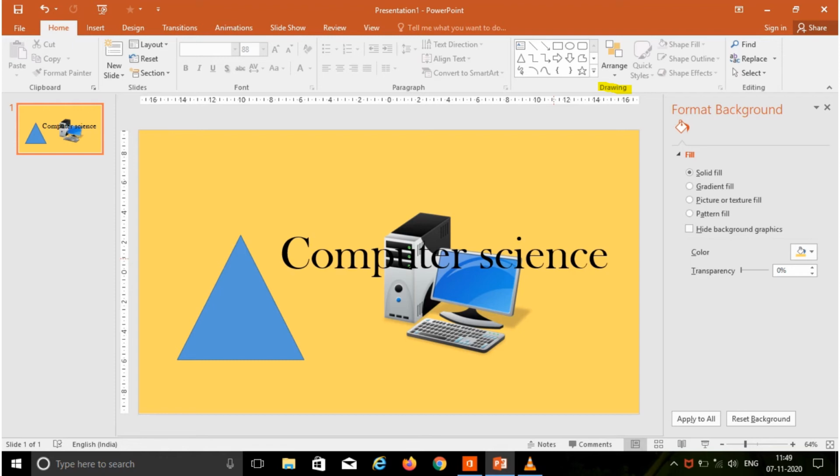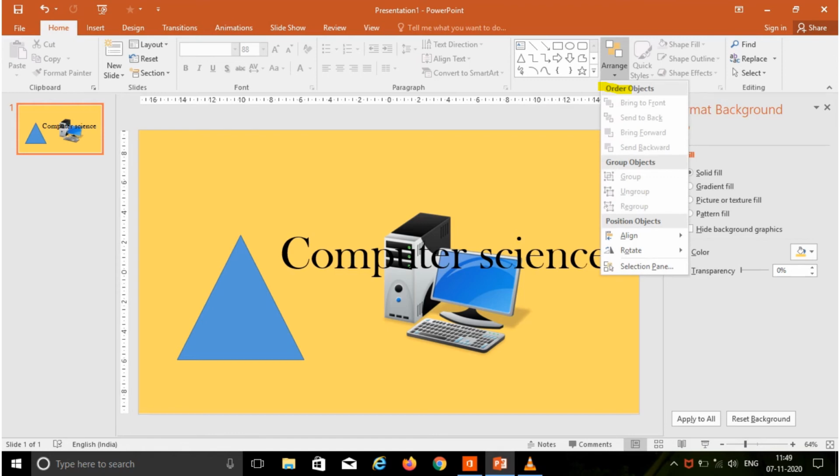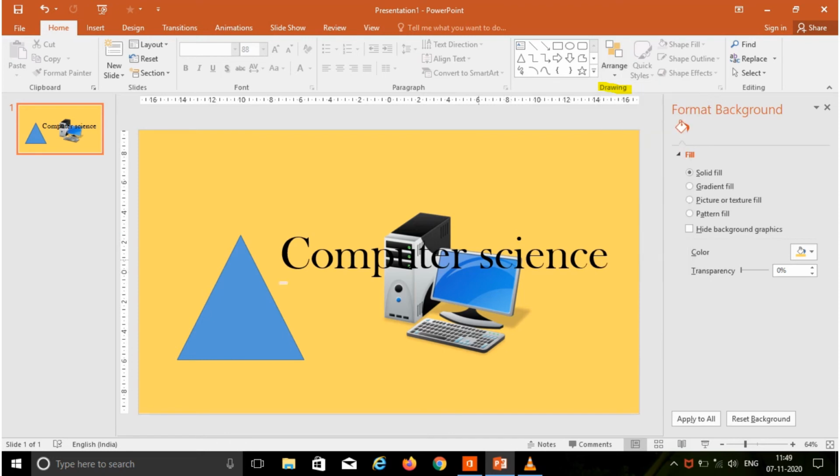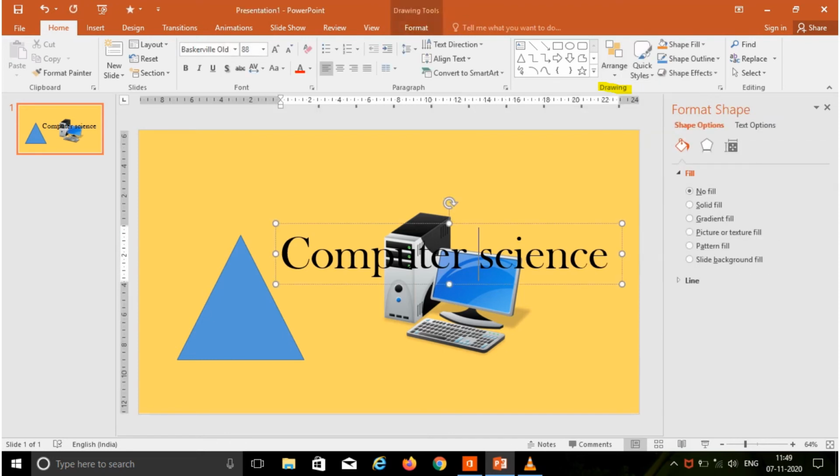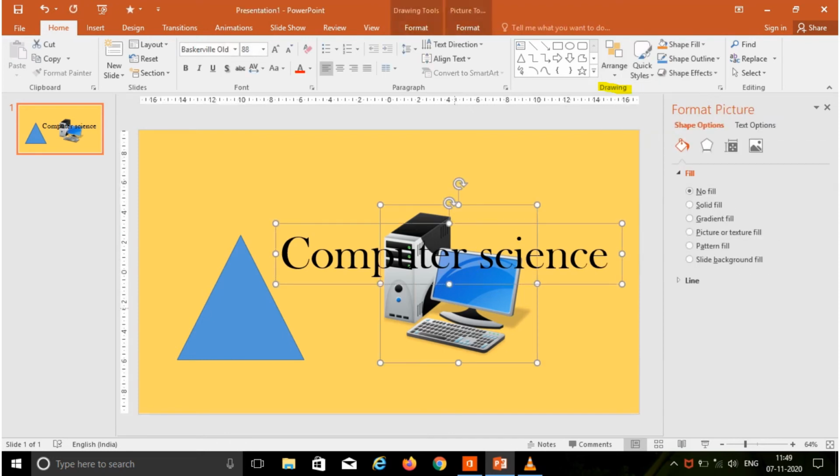Next we are going to arrange the objects as a group. First, select the objects that you want to group.